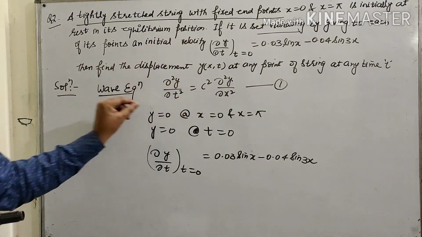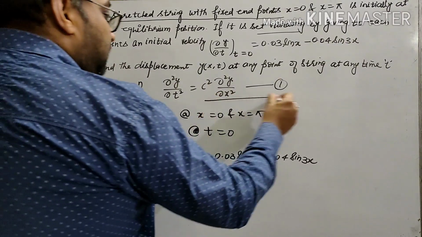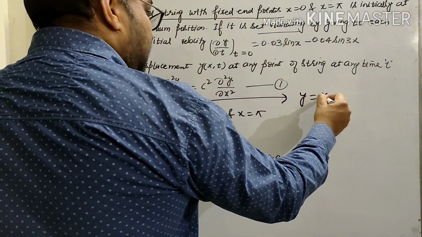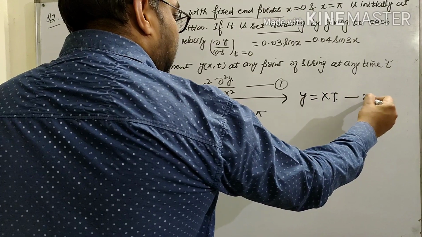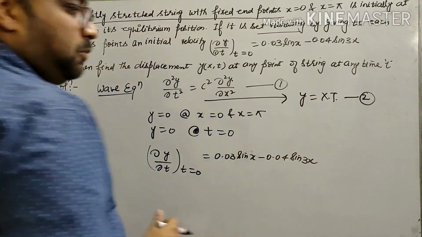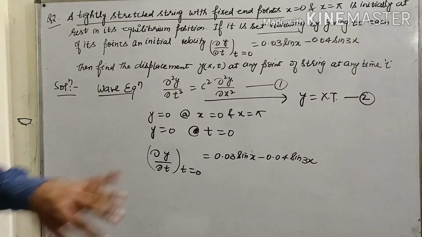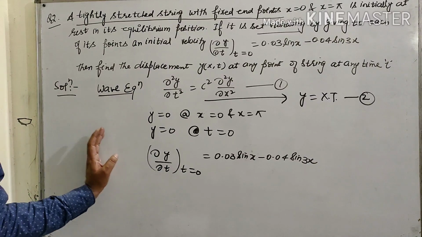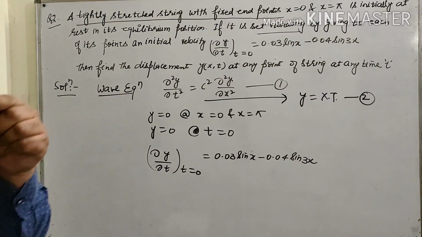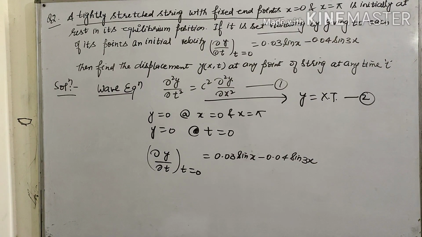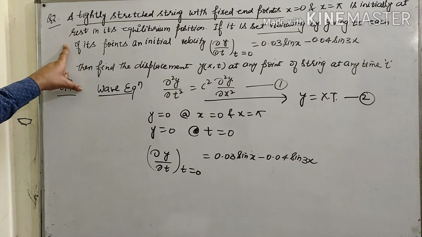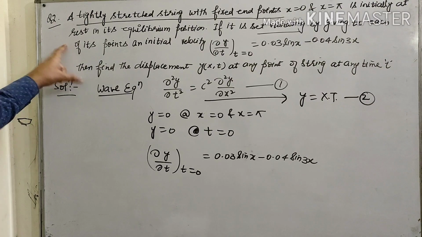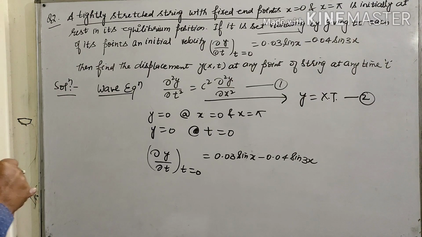So we have to start this just like previous problems, that is we have to let y equals capital X into capital T is the solution of this particular problem, and solving just like the previous problem we get 3 solutions, 3 cases, case 1, case 2 and case 3, and we are dealing with the wave equation. So the case second, when k is equal to minus p square is the most appropriate, so we can directly